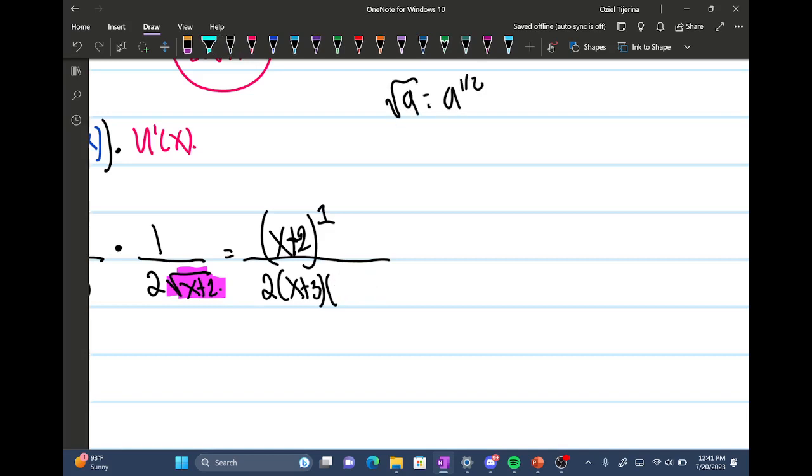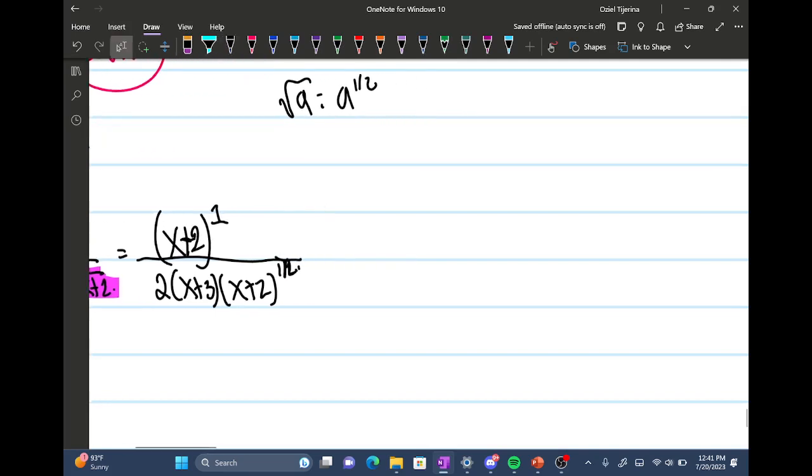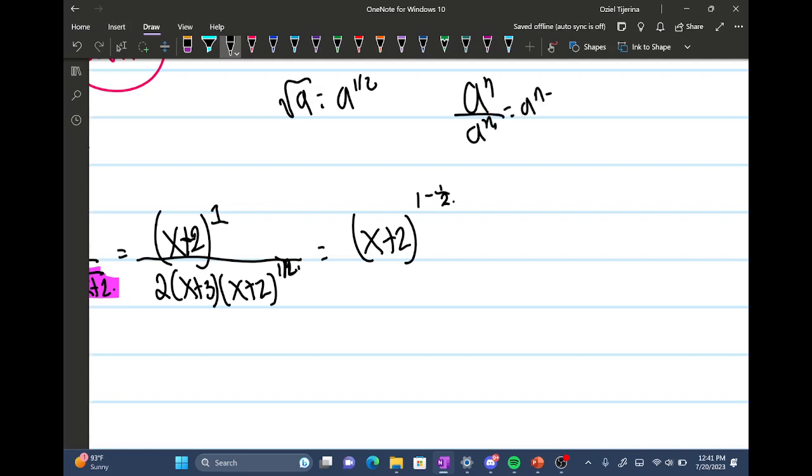So this is going to be x plus 2 to the 1/2 power. And using laws of exponents, this is going to be x plus 2 raised to the 1 minus 1/2, because we used the quotient property. Remember, a to the n over a to the m equals a to the n minus m. So then this becomes,